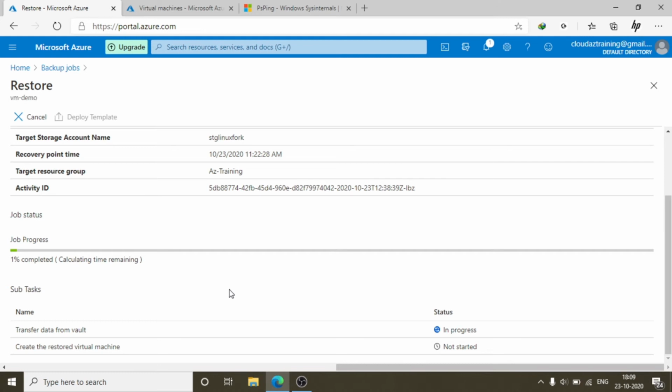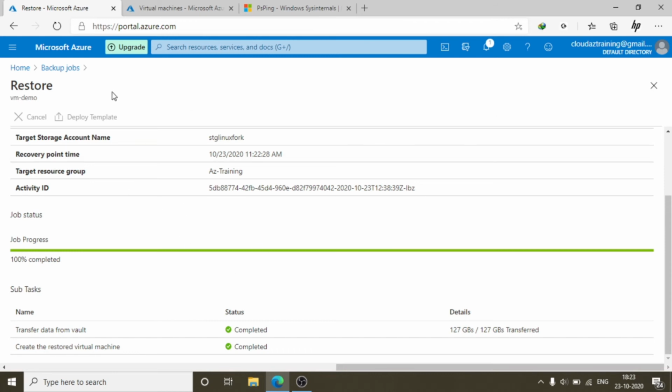If you have larger, like 512 GB, and also additional data disks and other things, then it will take more time. So it depends upon the size of the disk. Let's wait for that. As we can see, it's now completed. Our restore, or creation of the new VM, is completed.